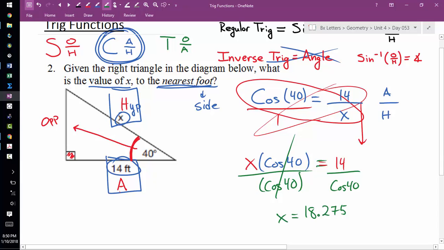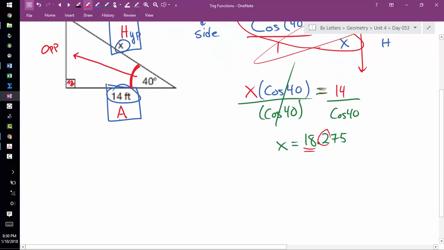Before I box off my final answer, I'm going to look at how they want me to round. They want me to round to the nearest whole foot. So do I keep it at 18 or do I round up? I'm going to look at the digit to the right. If it's 5 or more, I round up to 19. If it's lower than 5, then it stays at 18, and it's going to stay